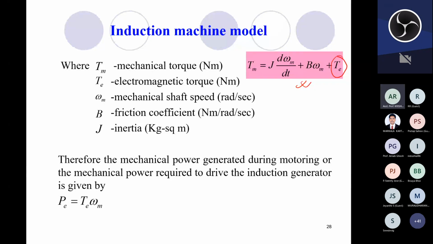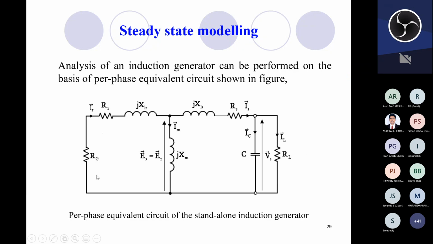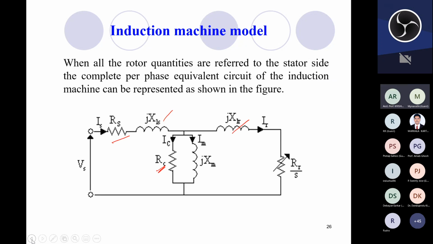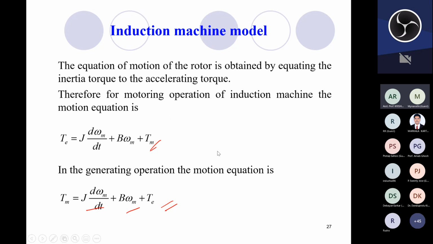That torque will produce some electrical power, given by Pe = Te × omega m, where omega m is the mechanical shaft speed in radians per second. The earlier equivalent circuit was only for the induction motor. Now let us consider the equivalent circuit for